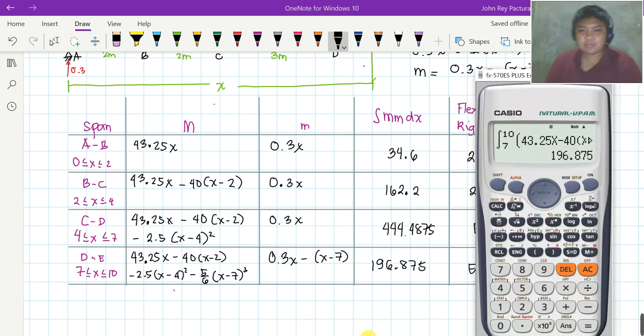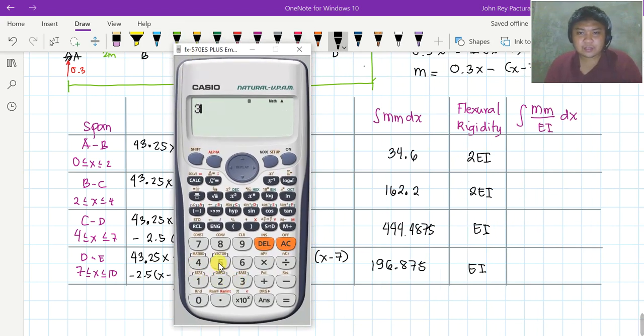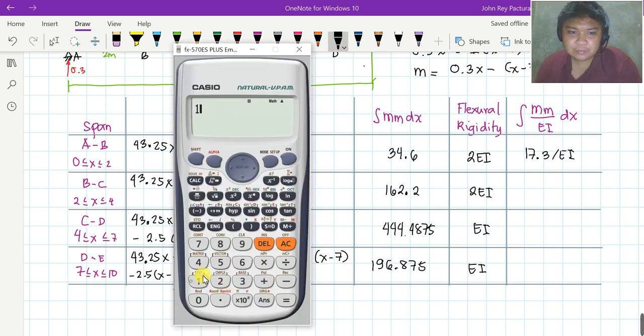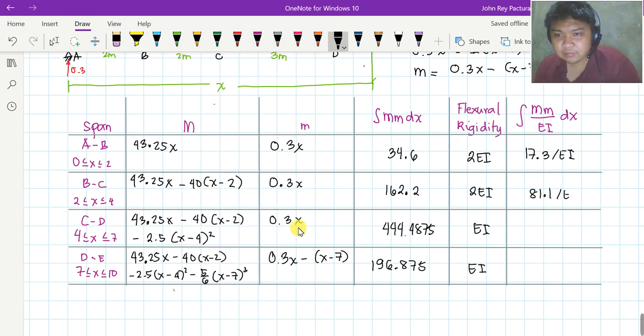So, dito naman sa last part, ang gagawin ninyo lang 34.6 divided by 2 kasi nga, 'di ba, ang flexural rigidity nga ay 2EI. So, 17.3 over EI. Doon naman 162.2 divided by 2 ulit. So, 81.1 over EI. Well, the remaining 2, wag nang i-divide ng 2 kasi EI talaga yung kanyang flexural rigidity. 444.4875 over EI tapos 196.875 over EI. Okay? So, the deflection at D, all we need to do is to take the sum of